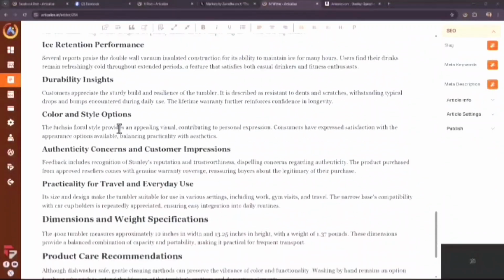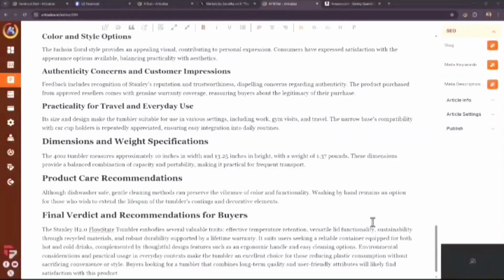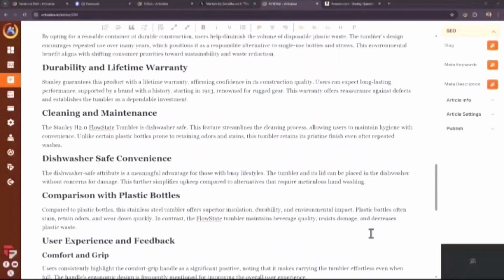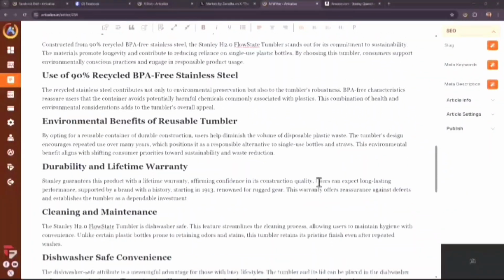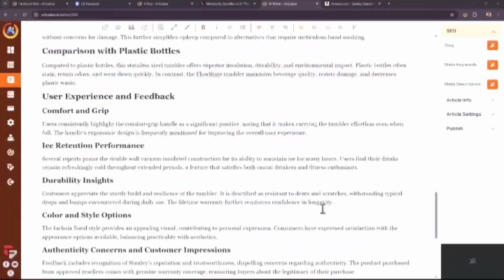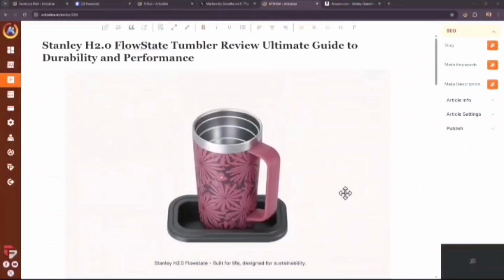Everything is organized like in a proper article, and of course you can format it the way you want. And finally, once you're ready, click on save. I must tell you that the reviews that we put in are obviously integrated in the article, so it's highlighted what are the positive and the negative qualities and what people like about the product. Click on save and you have another article. It's a product review this time.